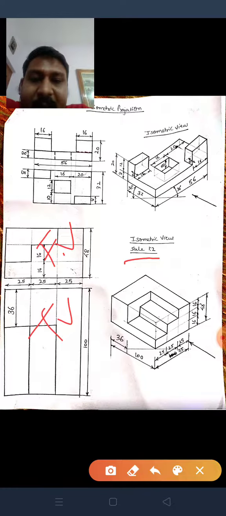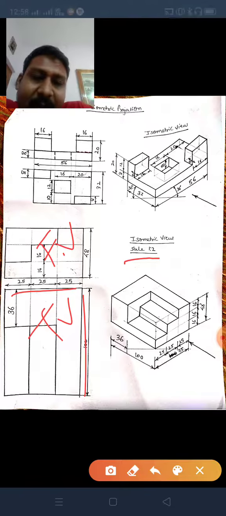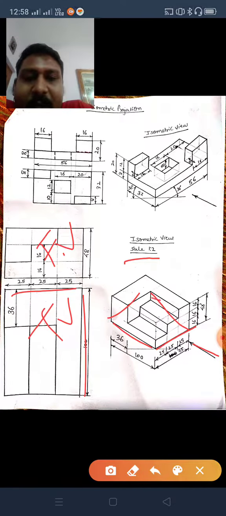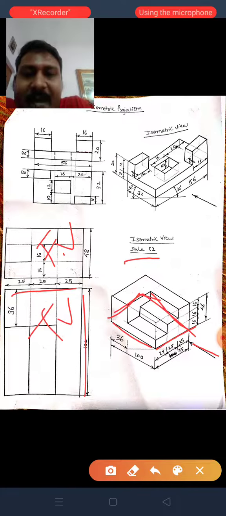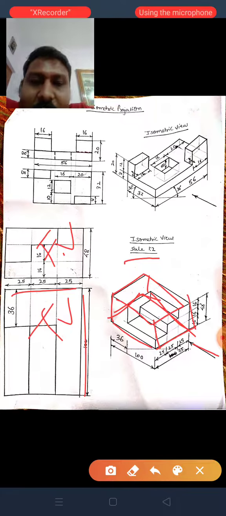Okay, what will be the base? 75 by 100. This is 75, this is 100. So if I again assume that I will be looking from here, then I have to draw 75 here. So that's why I have drawn 75 here and 100 here. Now I have drawn a parallel line to it, likewise, and the height of 48. So from each point I have drawn a height of 48. I am getting the whole block.